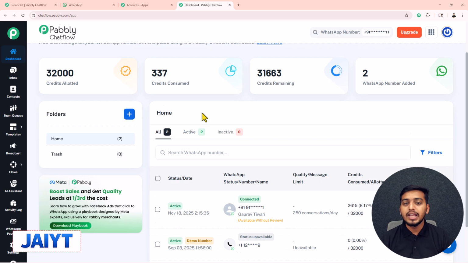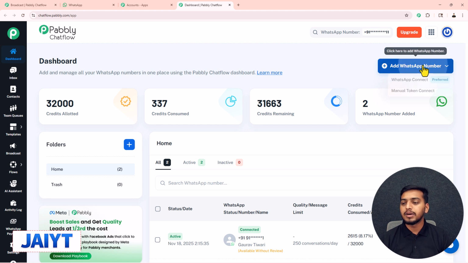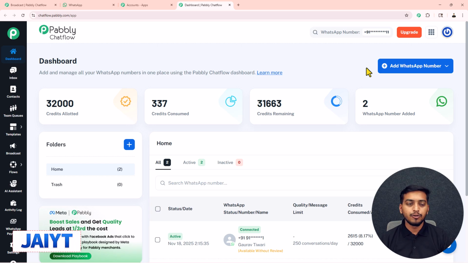Inside this dashboard, at first you have to add your WhatsApp number in order to access this particular column. Inside this, to add your WhatsApp number, just click on this button, add WhatsApp number, select any of these two different methods to add your WhatsApp number inside Pabbly Chatflow. After that, this column will be available for you. In here, we have these following multiple features. So if you want to learn in detail about any of these following features, or if you face any trouble while adding your WhatsApp number in here, then you can take help from the videos that I have added in